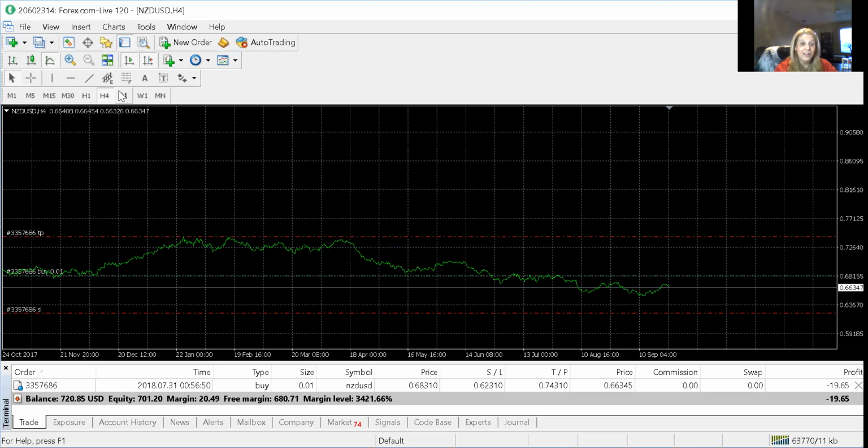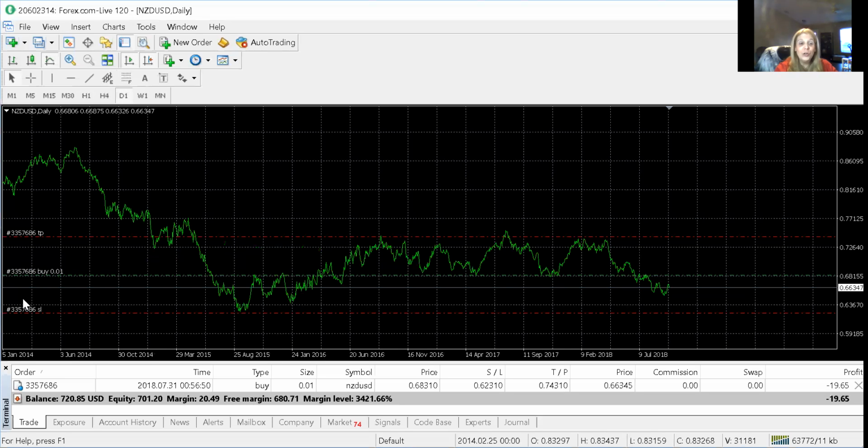So, yes, it's gone down a little bit, but it's not enough to be overly concerned about, and I'll show you why. When you go into the daytime chart, you can see the pattern and the trend that this specific trade has been going through. The constant ups and downs, the 3 and up, 3 and up. It's all through here. 1, 2, 3. 1, 2, 3. It's all through it. So currently, being at negative $19.65 where the market is,